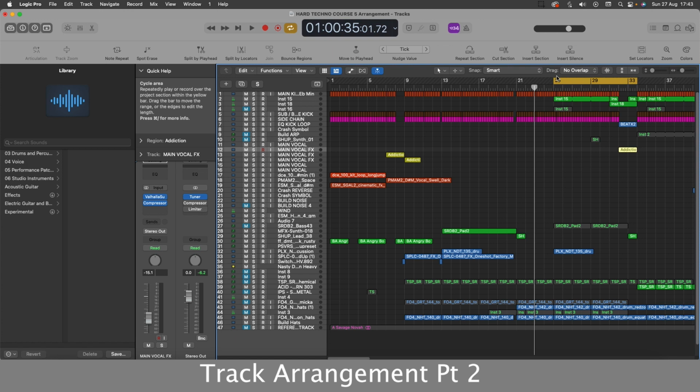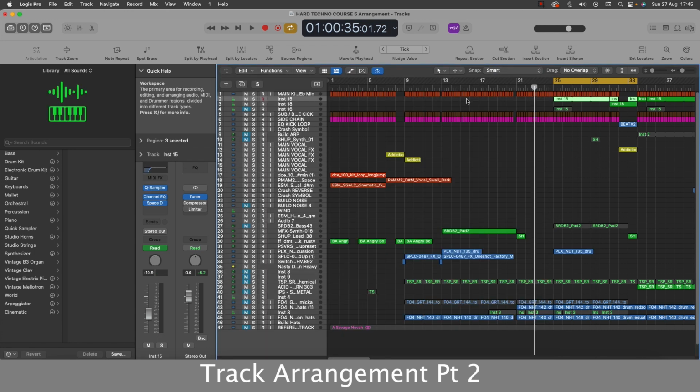From bar 25, I add a clap on every other beat, as heard in the reference track. From listening to the reference track, I could hear the clap was actually quite subtle in the mix. This meaning its presence is still heard, but the huge kick sound is still the main character of this movie. You can do this simply by reducing the track's volume. There's no effects on the hi-hat loops there, I'm just adding a compressor. And that clap sound is just a sample that's gone into the sampler there.